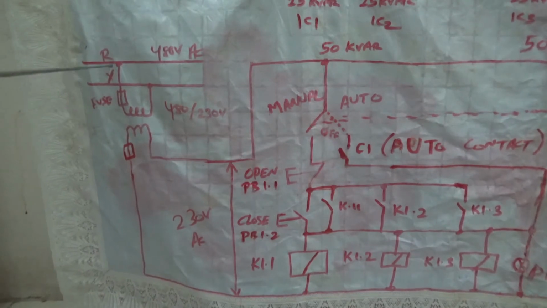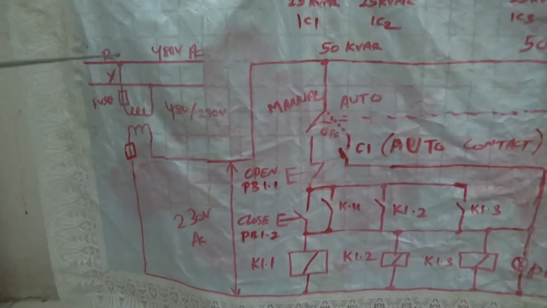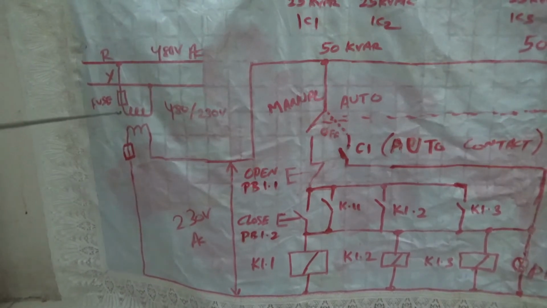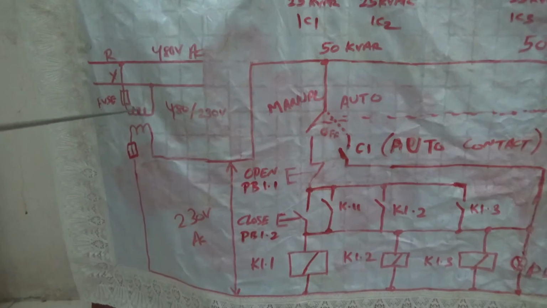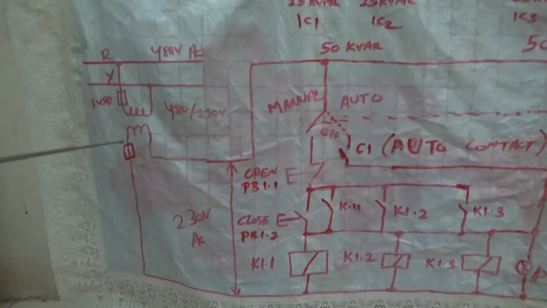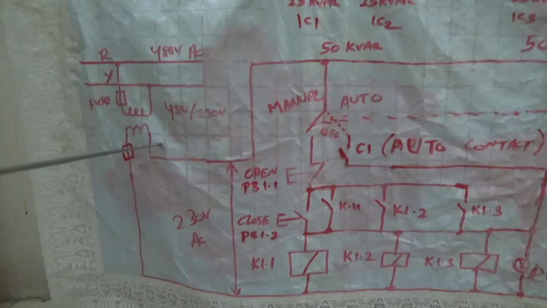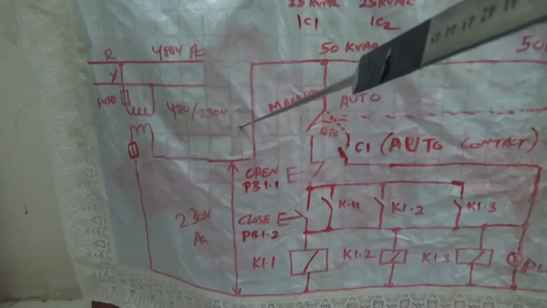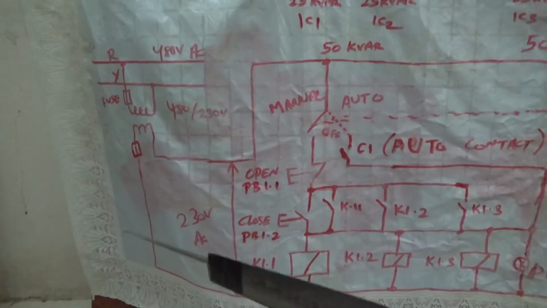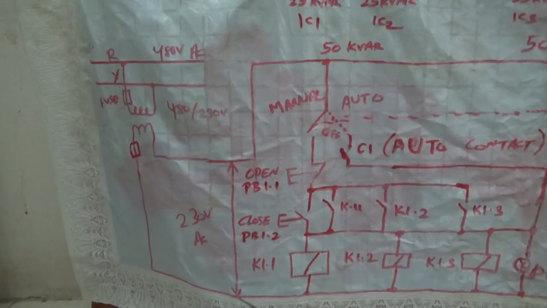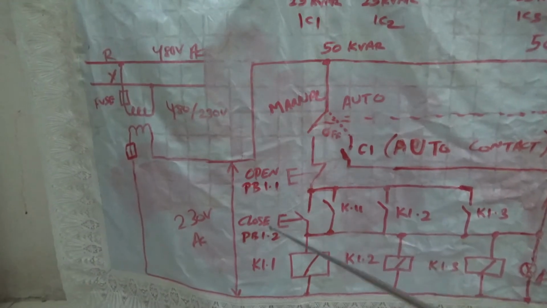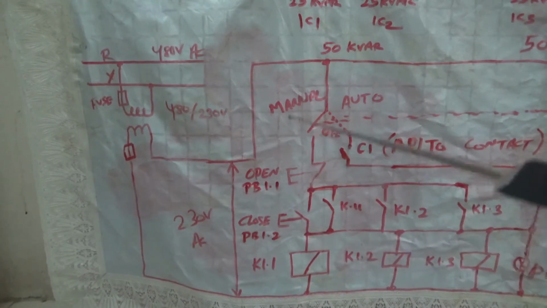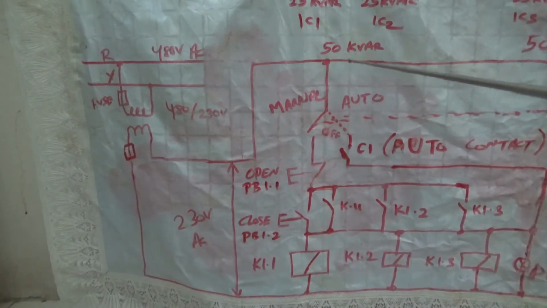There will be a protection. The primary will be connected to phase R and Y, or Y and B. Then here the transformer, there will be one fuse for protection of the winding. There will be a secondary winding also, and the positive, or we can say phase, goes to the top, and the bottom is for neutral or zero. So we have here 230 volt AC. This is the control supply. So we are starting from here.